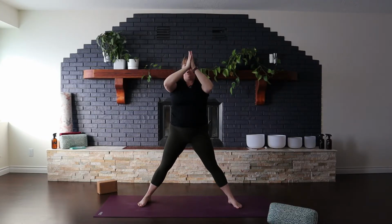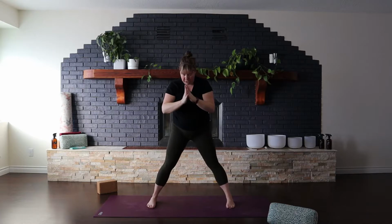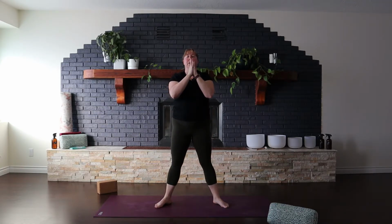Bring your hands down to your heart. Maybe bring your feet just a little bit closer together as we move through a couple of dynamic malasana stretches. So we're gonna come down into a nice low squat here, and you just get as low as you can. And then we're gonna press through the heels, lift back up, come back down to the bottom, and press back up. And one more time, coming down nice and low, low as you can go. And if you need to, press off your thighs to get back to the top,